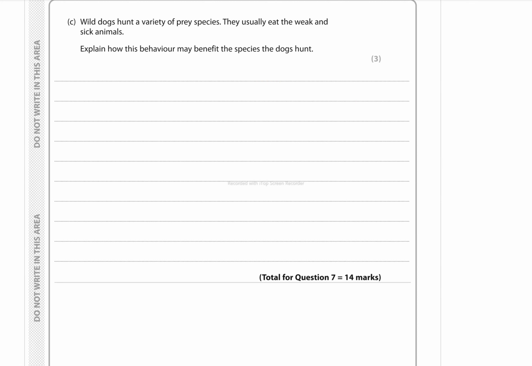Wild dogs hunt a variety of prey species. They usually eat the weak, and kind of split how this may benefit the species the dog hunts. Right. So the weakest prey is killed. So only the strongest reproduce,